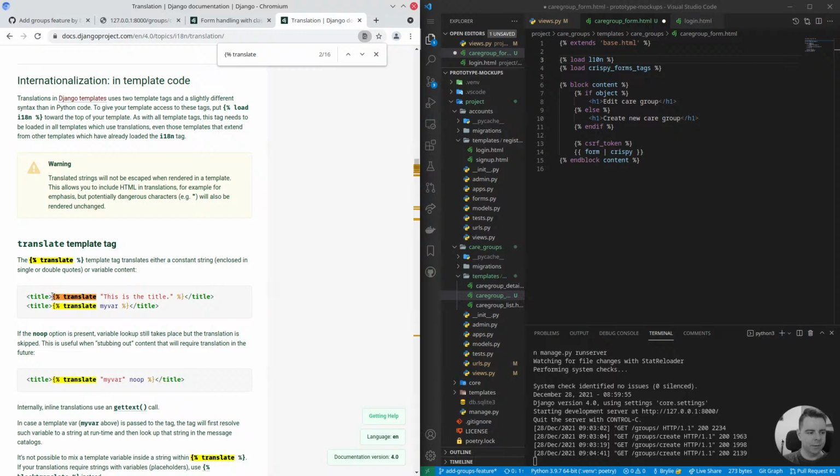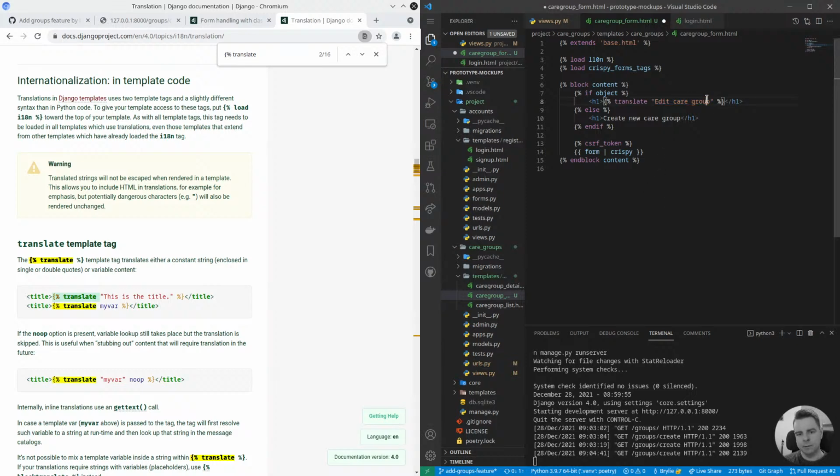Now, this is one thing I don't know how to quite describe succinctly, but I believe I was taught, at least, that translation should be context-based and not content-based in apps. In other words, this is a content-based translation. It says, translate this string. And if we ever use that string elsewhere in the app, then it'll have the same translation. But there are cases, and I don't know how much of an edge case, because I don't have deep experience with this, but coming from my previous project manager, Ty Bjorklund, who had more extensive localization experience,